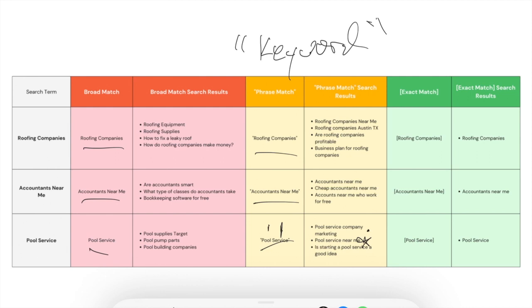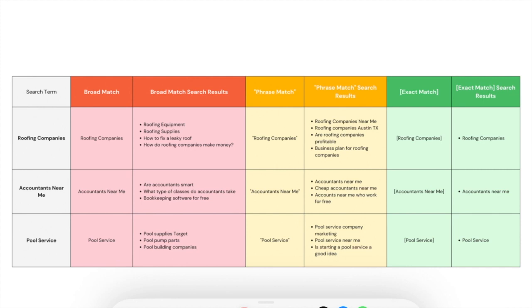Is starting a pool service a good idea? Okay, so some of these things, they're just not good searches. So that's why you want to do your homework before you do any of this. Okay, now the next one, which after you've gone into once you've been managing a campaign for a while,